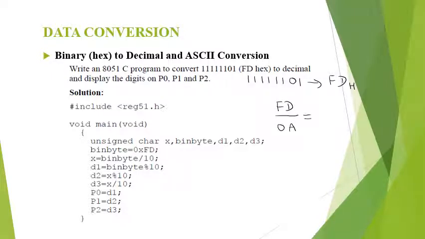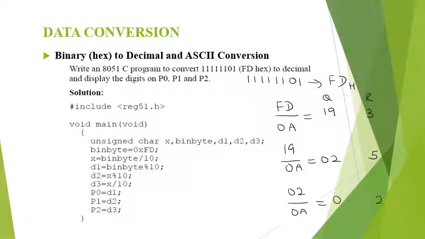We get the quotient as 19 and the remainder as 3. Then the quotient 19 is divided by 0A. We get the quotient 02 and the remainder is 5. Once again we divide the quotient 02 by 0A, and now we get the quotient 0 and the remainder is 2.